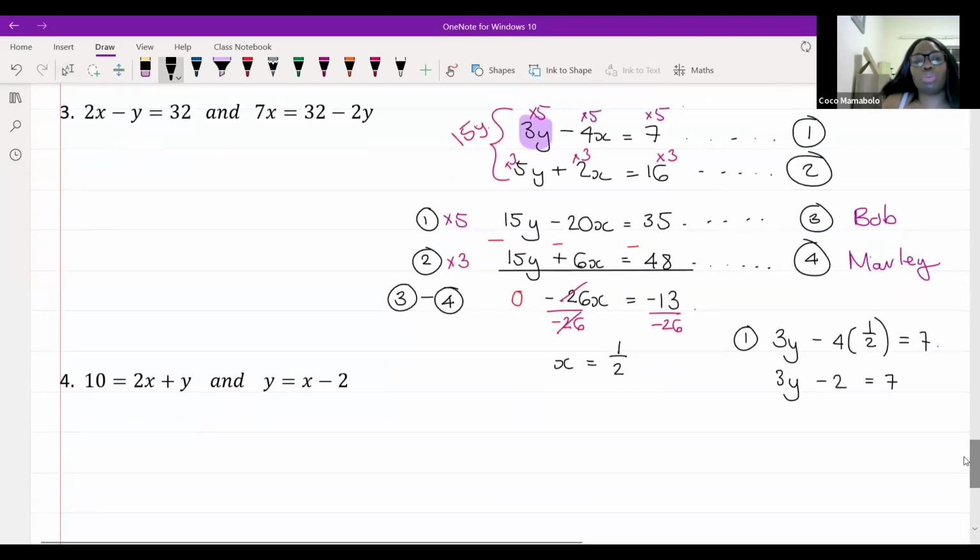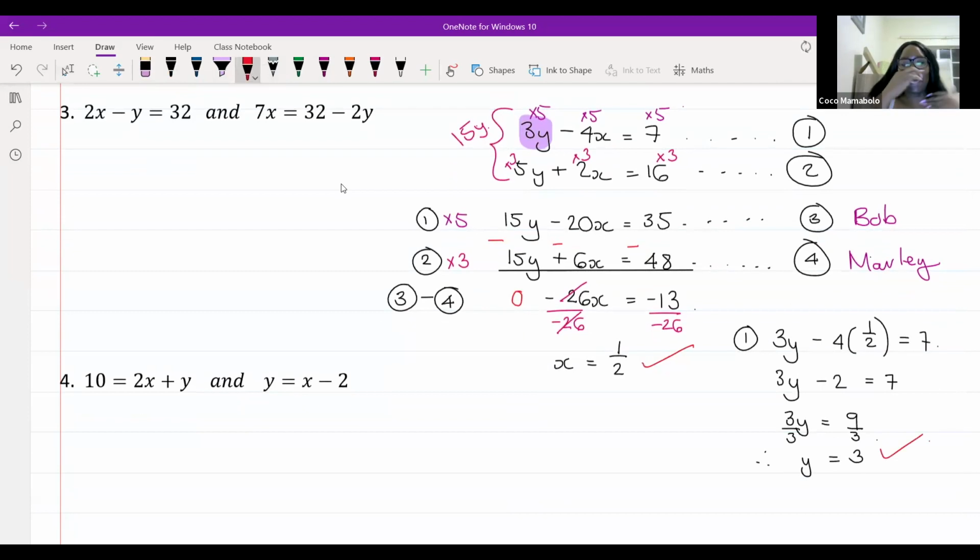And then the negative 2 will go over. So I'll end up with 3y is equal to 7 plus 2, which is 9. Therefore, y is equal to 3. Divide by 3, divide by 3. And there are our two answers. x is a half and y is equal to 3. All right. Okay, and that's where we're going to